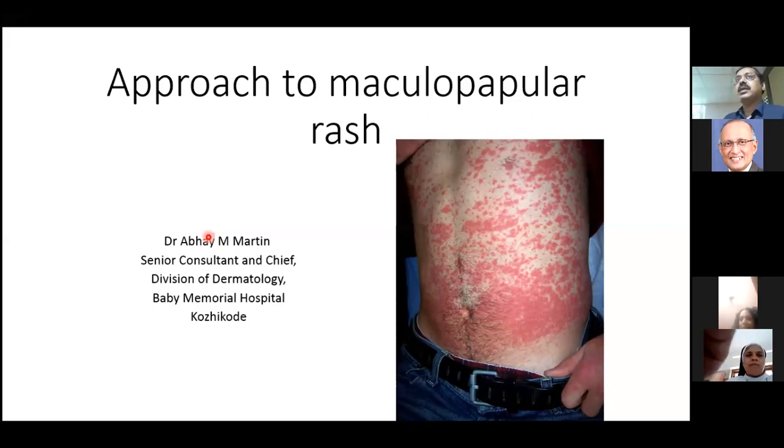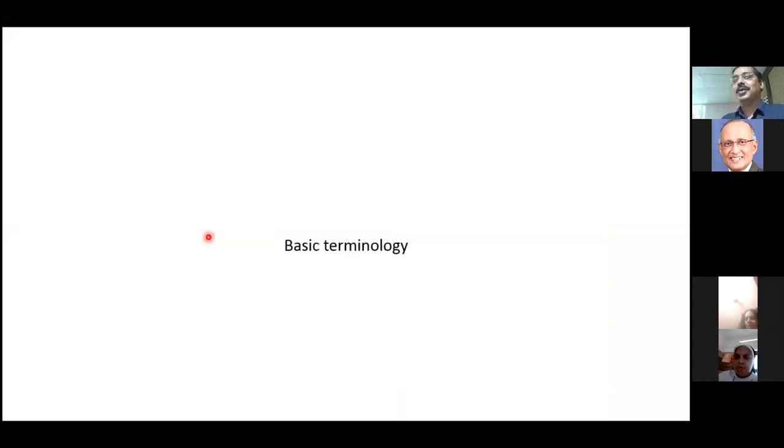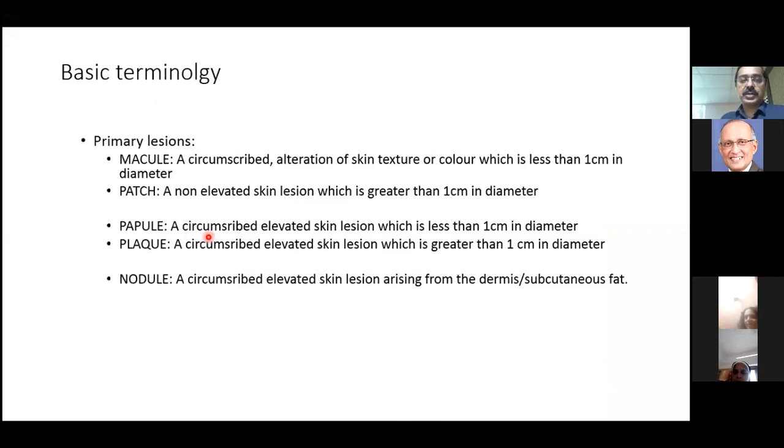I will be first dealing with a few basic lesions, because most of you are postgraduates. You'll have probably forgotten your dermatology, and there is an inherent fear of lesions of dermatology. So I will just go through the initial basic terminologies which we use in dermatology. First and foremost, there are 4 or 5 of these terminologies which all of you should be very, very clear about when you get to know about maculopapular rash.